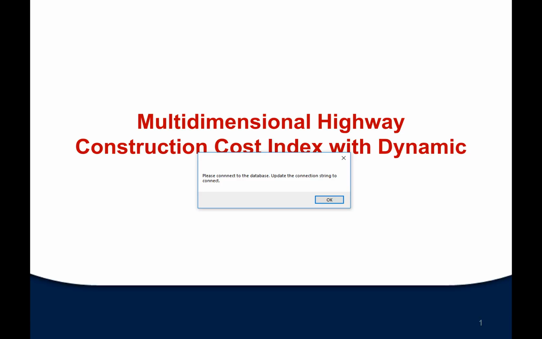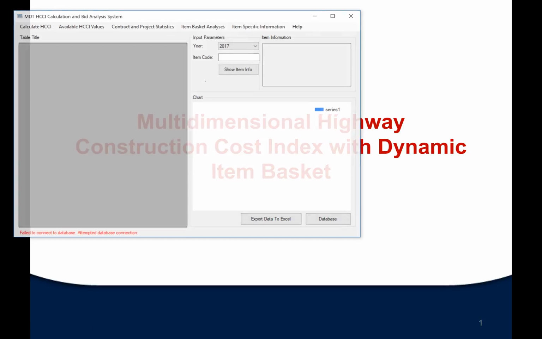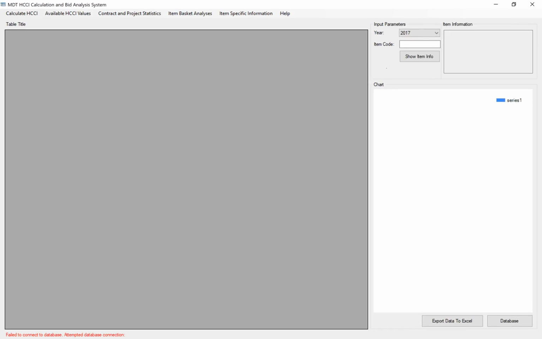At first run, you will need to set up the database string in the system before it can actually connect to the database. So you'll be getting this error message at the beginning. Please connect to the database. Update the connection string to connect. Click OK. It launches this